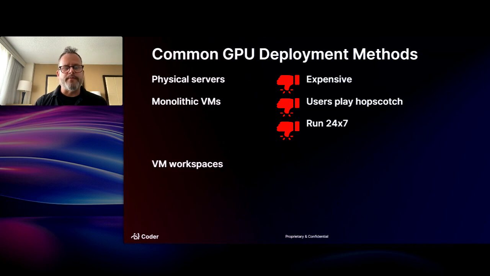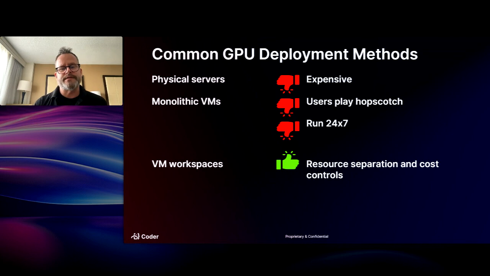Another way that people are doing it is using VM workspaces. Now, this is a very common thing that Coder customers do. This is great because it takes advantage of the resource separation and cost controls that Coder offers. So you could have a VM with one core, and you could give each one of your developers that, and that's great. And you could put quotas so they couldn't spin up too many. You can have timers, so it shuts down at 6 o'clock or an hour after they log off or whatever it is. So you can get some advantages when using a VM workspace, but they're still